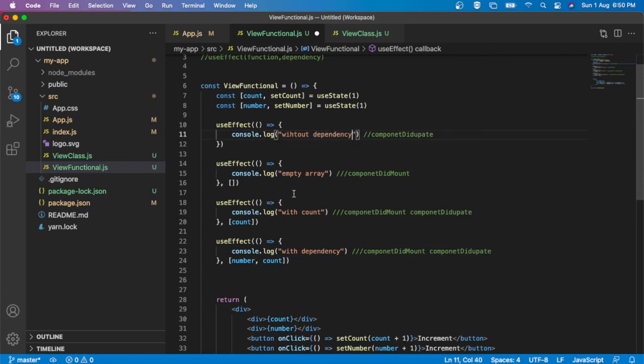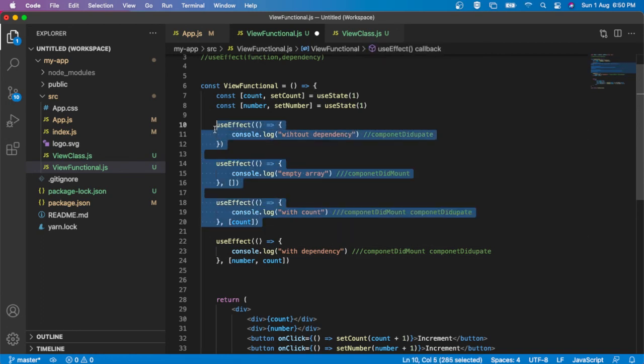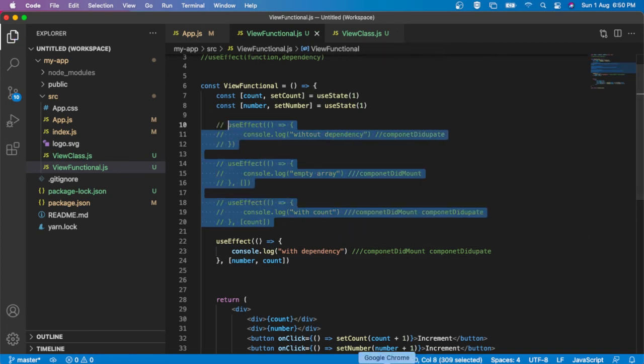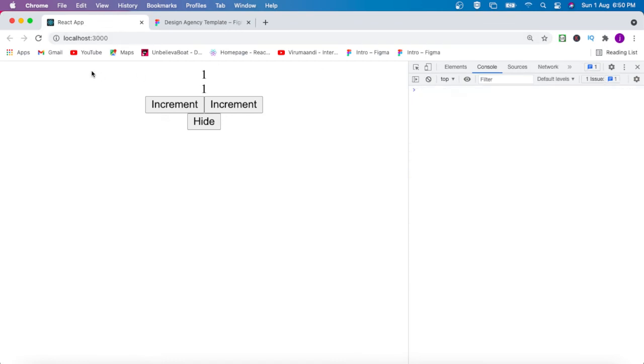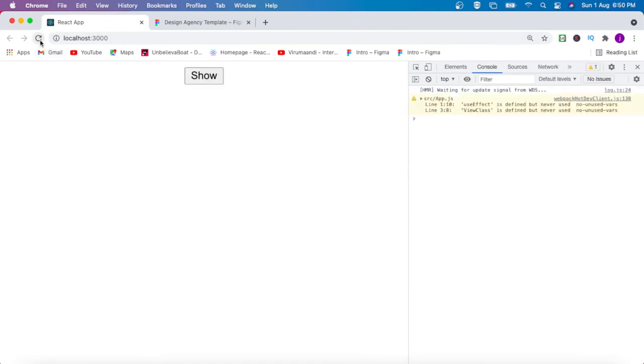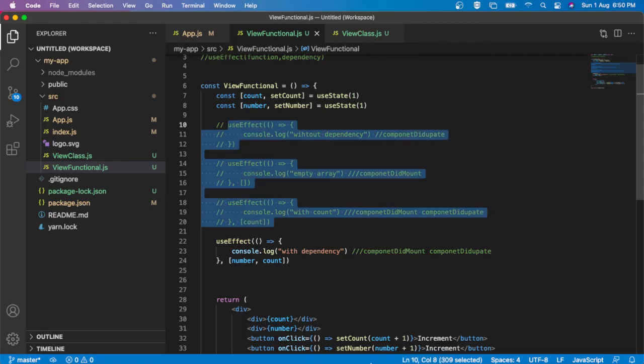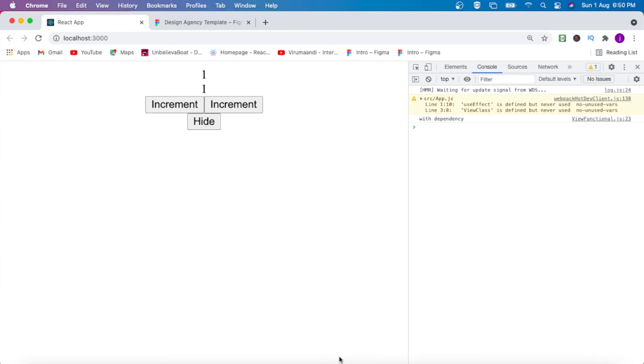Now what I am going to do is comment out all the other useEffects. Let's see what's happening. I just commented out all. Here, "with dependency" is called because we are setting the initial values. Now if I increment the count value, it will be called.